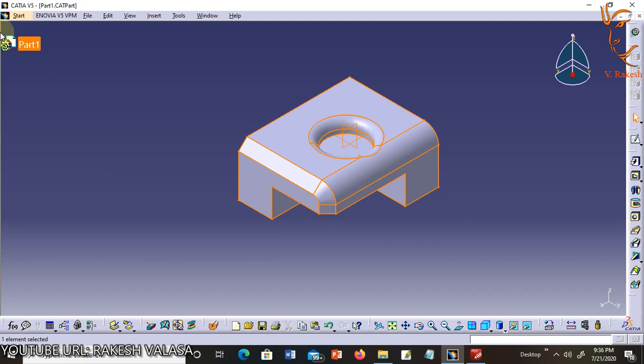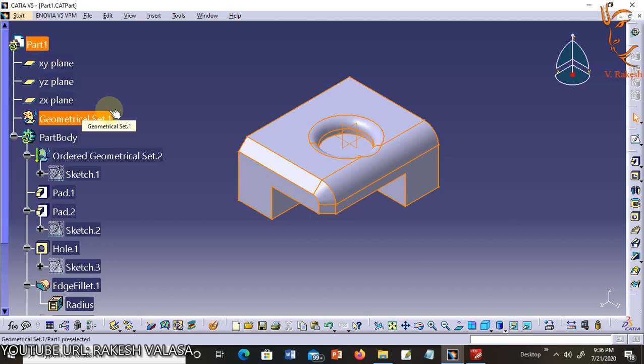Double clicking a specification tree branch will bring the part back to the normal, that means the active workspace. The F3 key will hide the specification tree from the view menu.